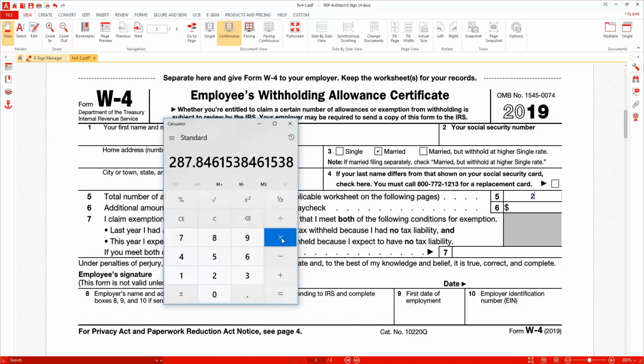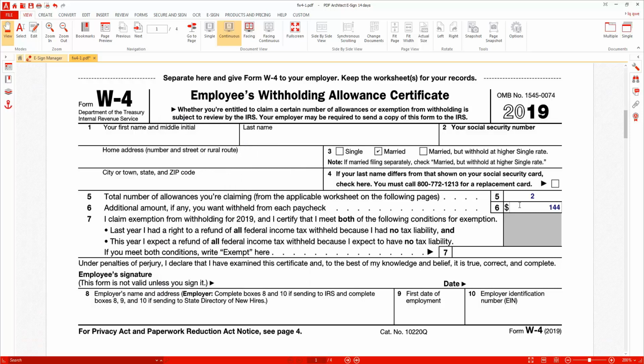Okay, we're going to assume that we're going to split this 50-50. So this is the total amount that we need withheld from every paycheck. Okay, and we're just going to split that in half. All right, so 144 we'll call it. Okay, needs to come out of each paycheck, and both spouses will have to create a W-4 and give it to their employer. So we'll have 144 come out of this paycheck. All right. Now, you'll always want to say single, because you don't want to say married. You want them to withhold at the single rates, because that's what we're basing this on.